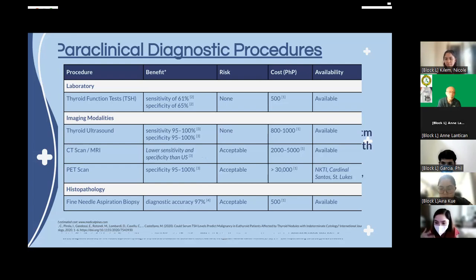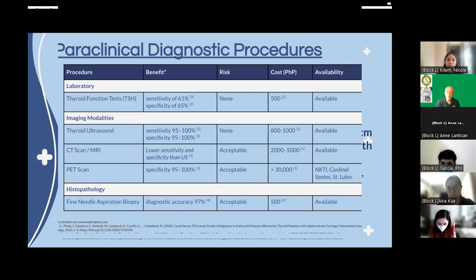Pero sa thyroid itself po, ultrasound po yung mataas yung sensitivity and specificity po. Yung extent of the disease, tama, sa CT scan and MRI po. Pero kasi they said that, yung ultrasound makikita niya cystic or solid, no? Yun ang pinakamaganda dyan. Sa ultrasound, it's very important information that you can get